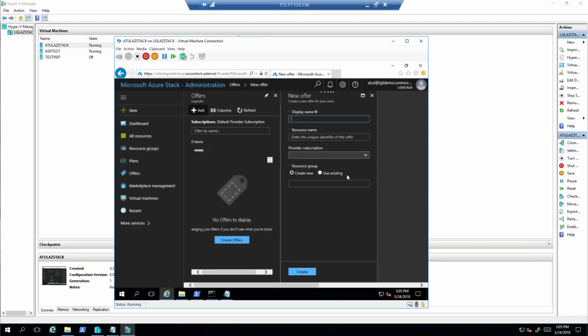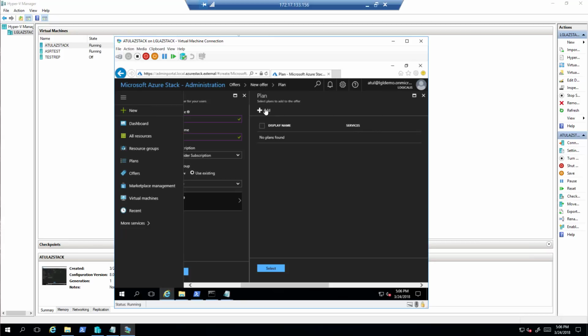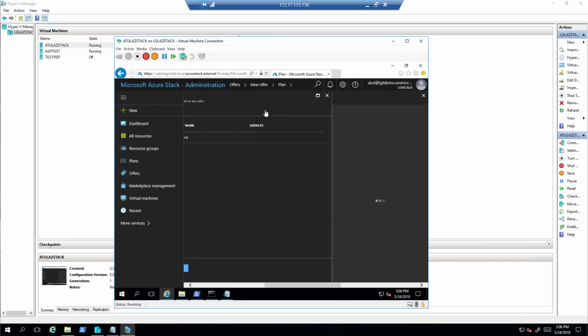and a very familiar interface that you have all been used to with the Azure public cloud. And I just use as a demo, resource name demo. I already created a resource group, right? I should have the resource group here. That's what I created here. I don't think I need to tell you how to create a resource group. The base plans, I can add a plan here, and I can again call it demo plan,